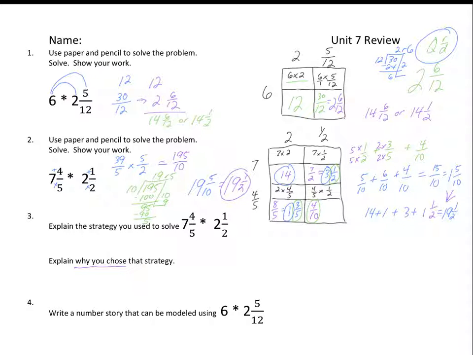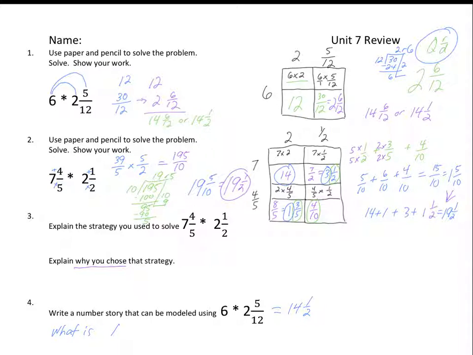And our final question on this page is we need to write a number story that can model 6 times 2 and 5/12. Now 6 times 2 and 5/12 we can revisit up to number 1. And we already know that the answer is 14.5. Now my suggestion is anytime you have to write a number story using fractions, you want to make it an area problem. So very simply put,